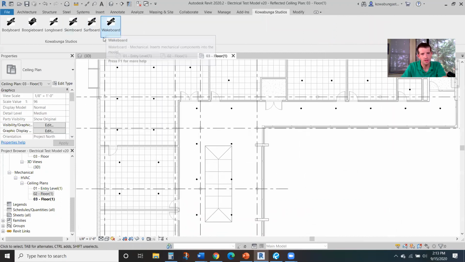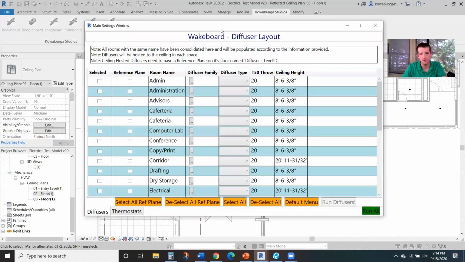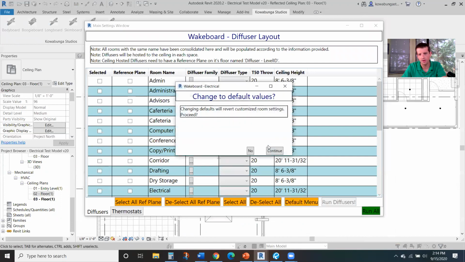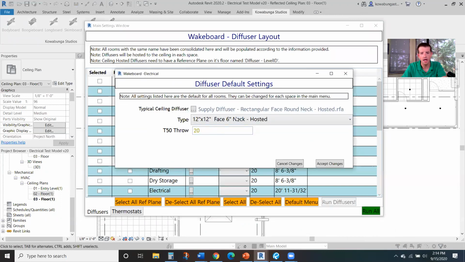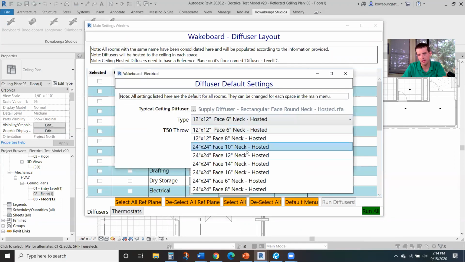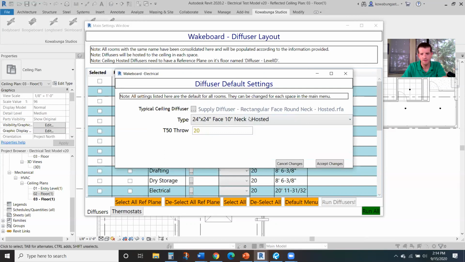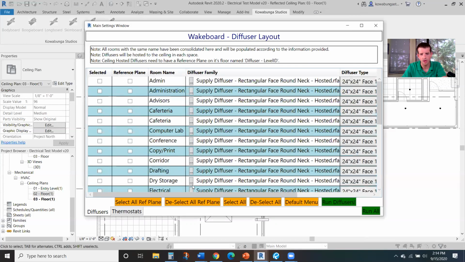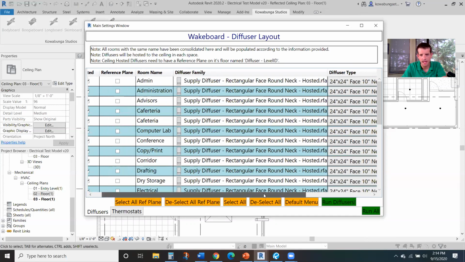Then if we come in here and choose Wakeboard, this is our diffuser and thermostat. Again, we're going to come in here and choose a diffuser, and it can be whatever based on your T50 throw values. Go ahead and hit accept. We're going to select everything. And then the beauty of this is that